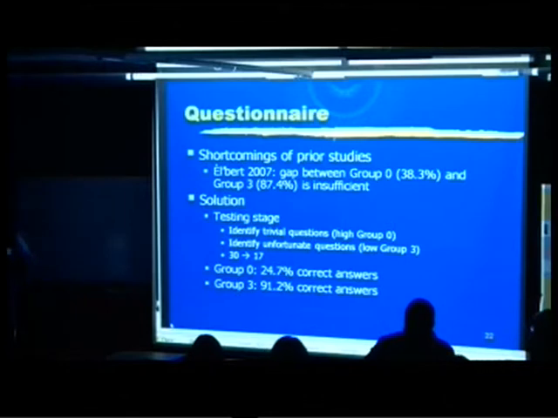Only about 25% of the correct answers in group 0, which makes pretty good sense because there were 4 versions of the answer, so it's just a matter of chance if you didn't see anything. And the result for group 3 was pretty high. It wasn't quite 100%, but it was pretty close.